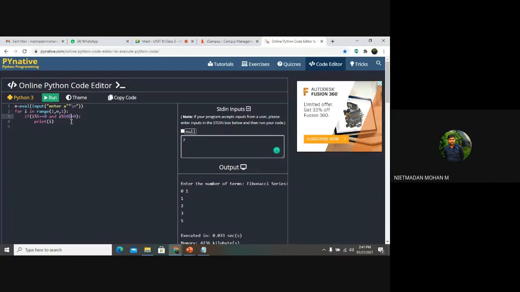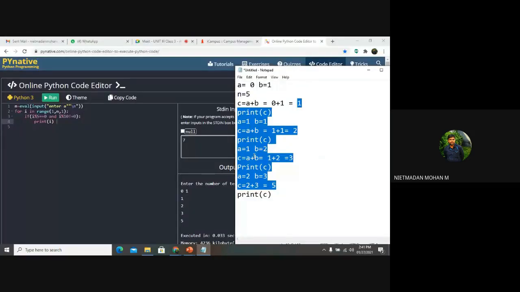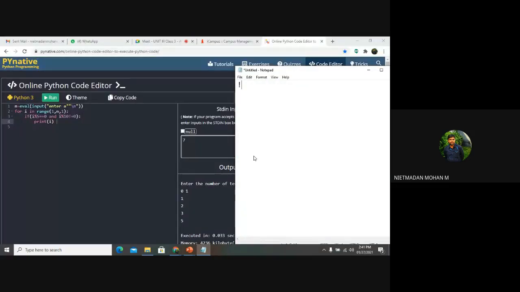What is the symbol name? I have forgotten that. What does it represent?